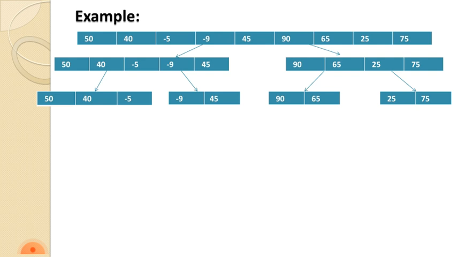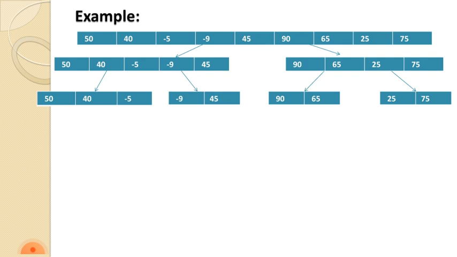If there are more than two elements in the list, at that time we have to partition into different parts, otherwise we have to stop and identify the maximum and minimum number. Let us check: here only two elements, so further division is not possible. In 90 and 65, only two elements, so further division is not possible. And in 25 and 75, again only two elements, so further division is not possible. And in minus 9 and 45, again two elements, so further division is not possible. As per the rule, if there are more than two elements in the list, we have to partition into two parts. Otherwise, we directly find the min and max number.